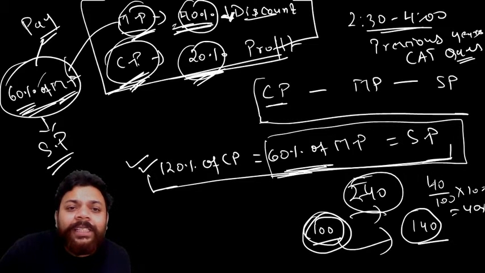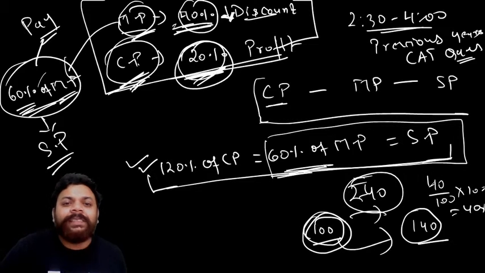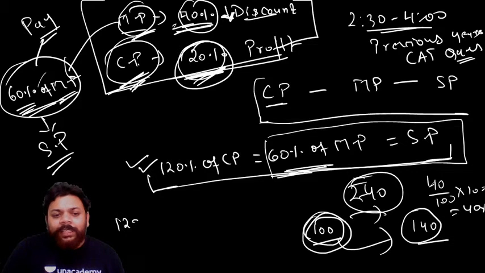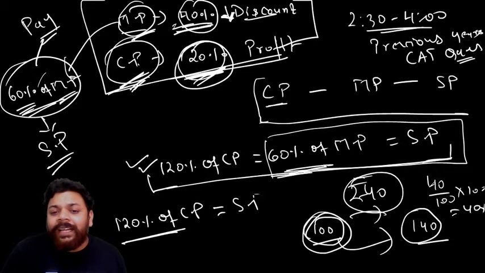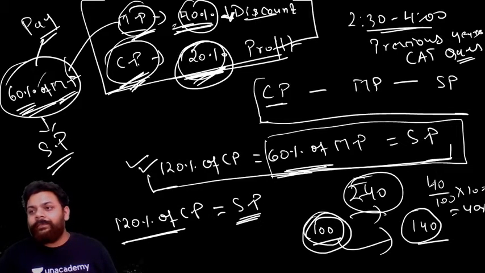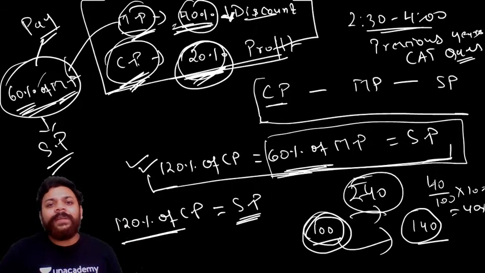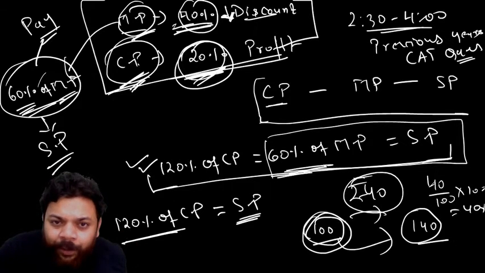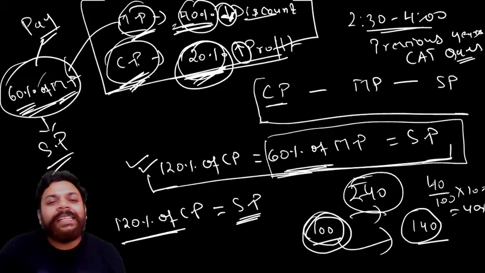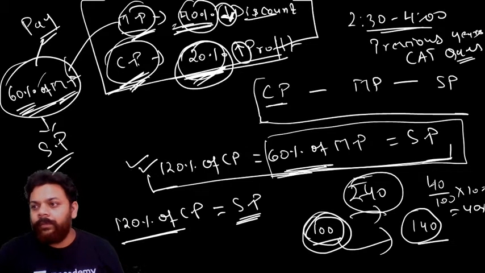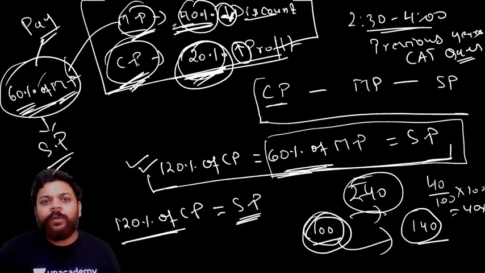So for sure, whenever you are getting a profit of 20%, that means you can write 120% of cost price में मैं sell कर रहा हूँ. That means this also must be equivalent to selling price. I hope अब समझ में आ रहा होगा. Since प्रॉफिट जब भी होगा ये पॉजिटिव थिंग है, डिस्काउंट जब भी होगा ट्राई टू कंसीडर डिस्काउंट एज अ नेगेटिव एंटिटी. आई होप नाउ ये क्लियर होगा.